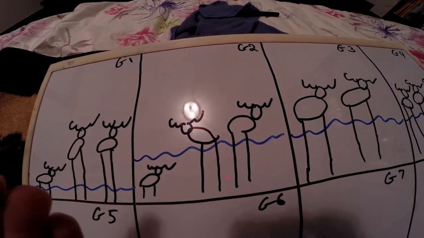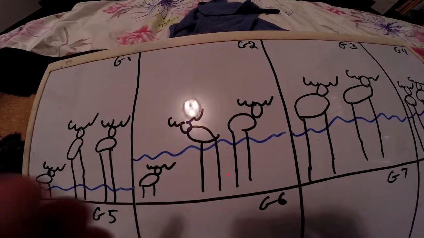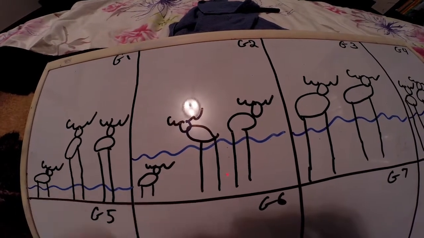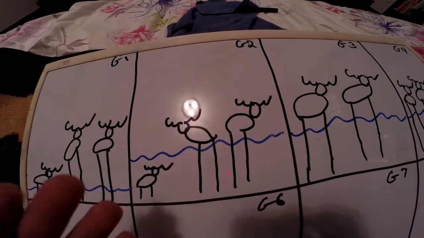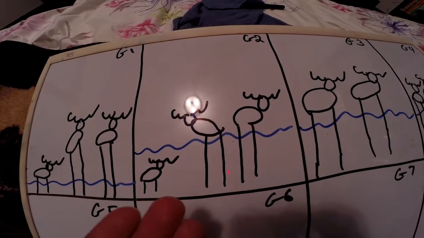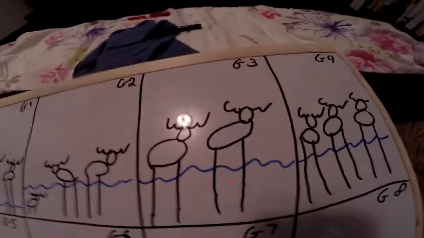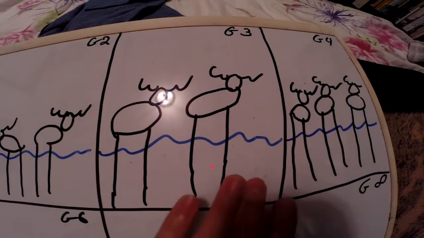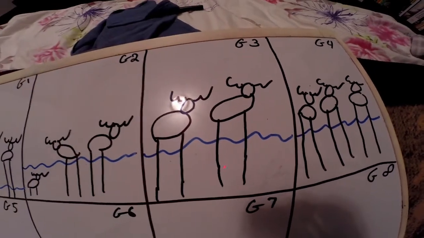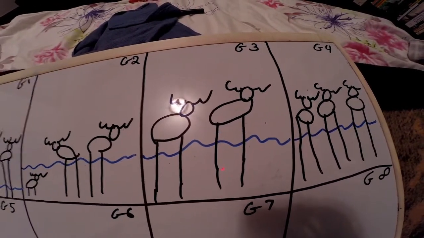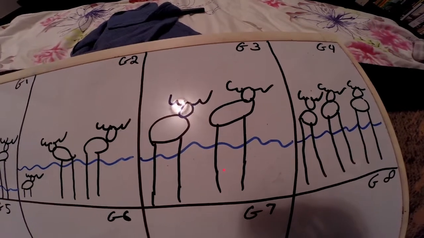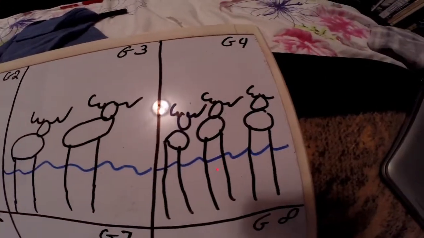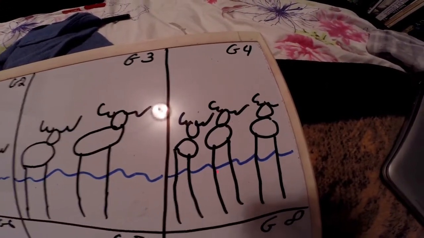So longer legs right now is going to increase their fitness. Because they are more adapted to survive in this changing environment, they're going to live and pass on their genes. As you can see in the next one, we're missing the short-legged moose. The short-legged moose is not there anymore. He's dead, he's gone, so he doesn't get to pass on his genes. But the long-legged moose do, because look, they have a little baby now. They have a little baby long-legged moose.